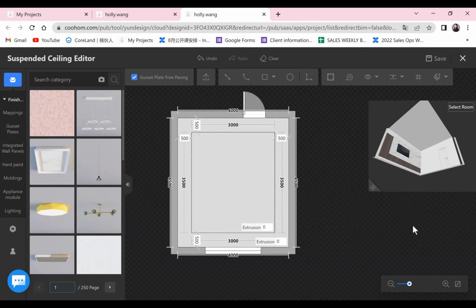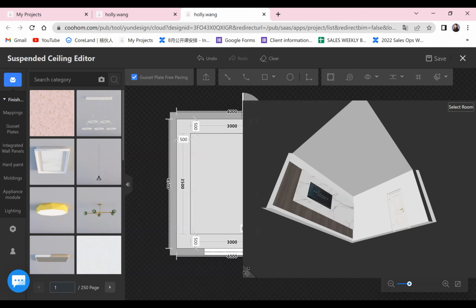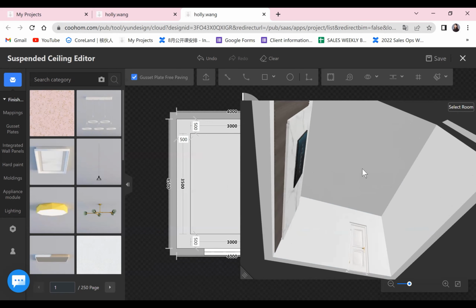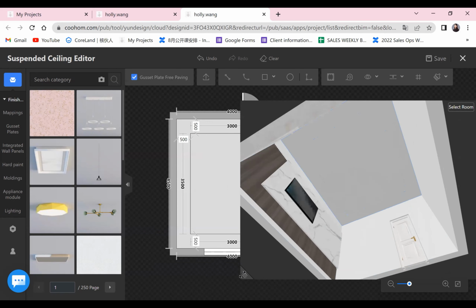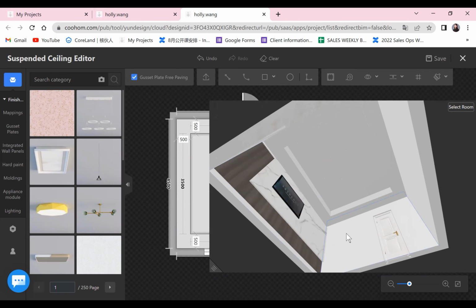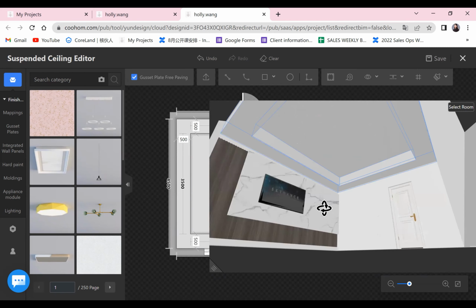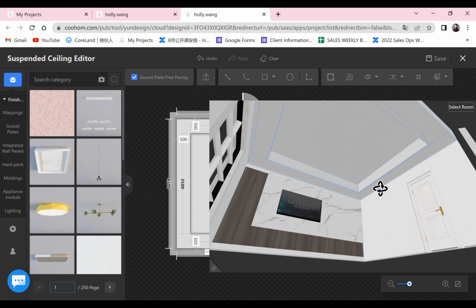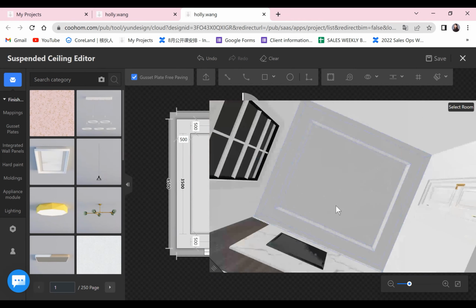And the second step is how to make it suspended. Because at this moment, there is nothing on the ceiling. You can only see the shape, but it's not suspended. In order to change them into different levels, we can use the extrusion. So change this extrusion to 400, let's say. So the outer part will be 400 higher than the middle part. Now let's see the 3D view. You can see the difference. We already have the suspended ceiling shape, right?